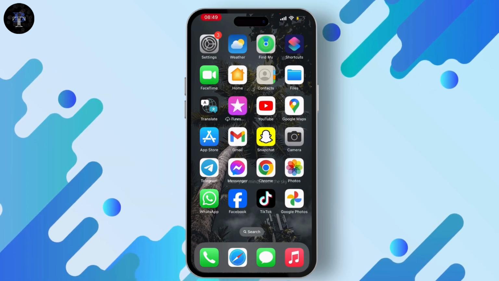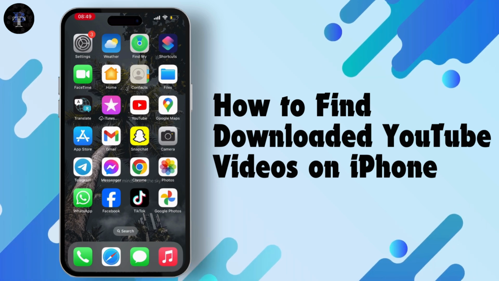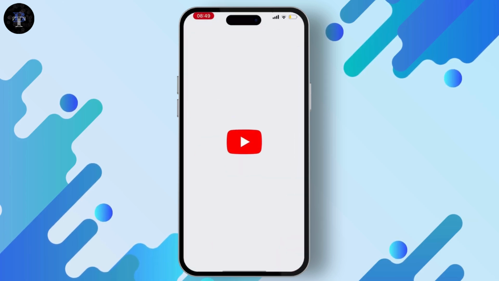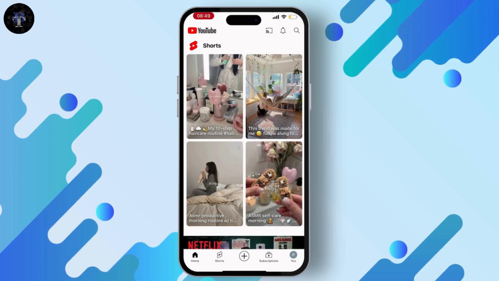In this video, I will guide you through how to find downloaded YouTube videos on your iPhone. If you have already downloaded YouTube videos and you want to view those videos offline, then this video is for you. First of all, open your YouTube application and hit the profile icon which is on the bottom right